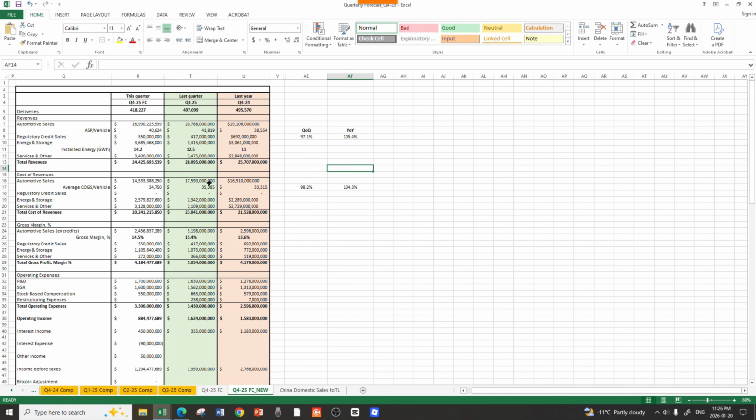So, from an average selling price perspective, looking quickly here, we see that there's a decline quarter over quarter. It's about 3%. What's driving this? Essentially, there was much bigger discounting depth and promotional depth in the US in Q4 of this year versus Q3 of 2025, which was last quarter. That's because, and I'm sure you all know this, Q3 25 is when the IRA tax credit expired in the US, and so there was a lot of incentive for buyers to place their order in Q3, which meant demand for Tesla vehicles in the US was very high, and they didn't need to discount those vehicles as much. But in Q4, we saw more of a traditional approach by Tesla throughout the quarter,